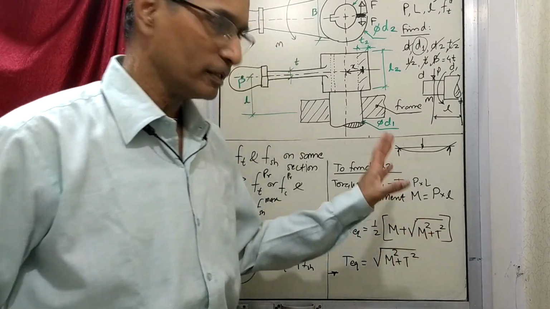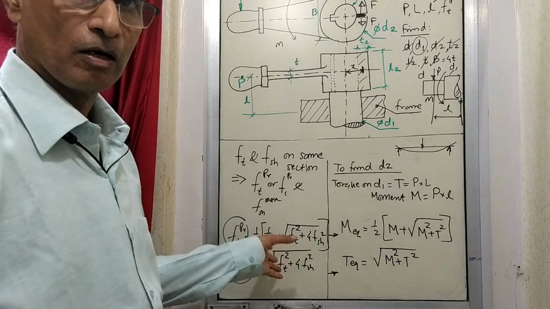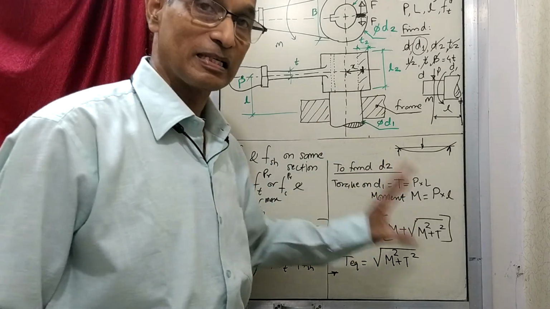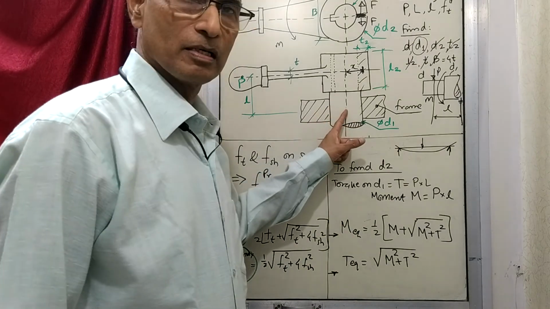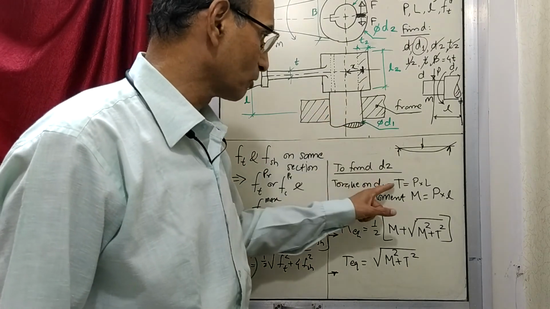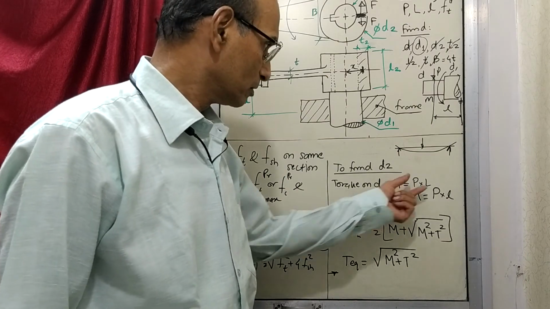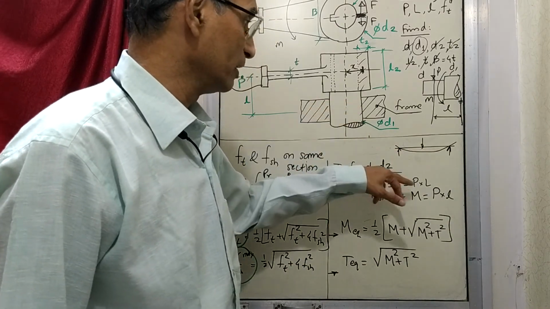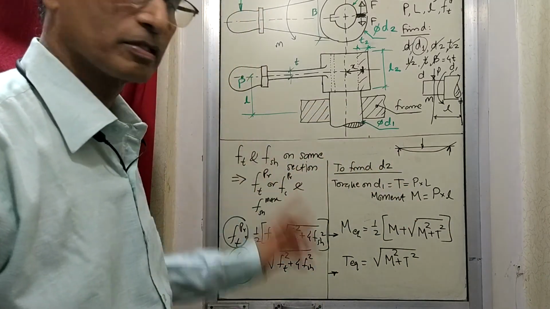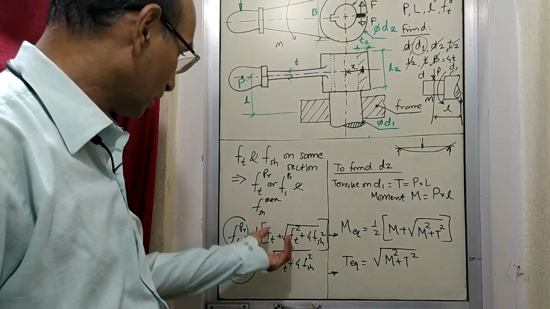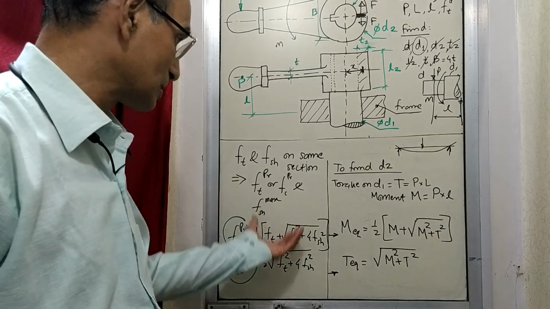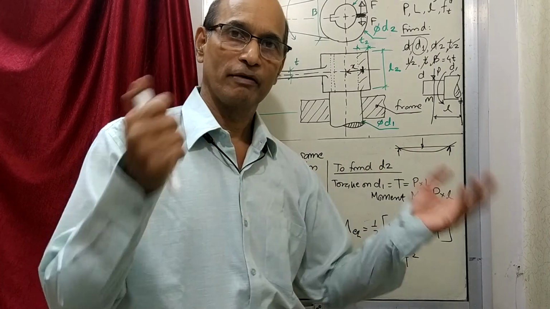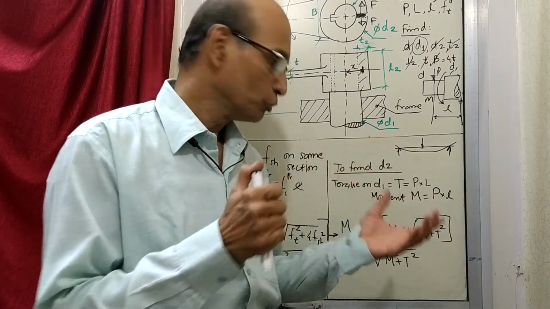Now this is going to say the same thing as what this is saying. So whatever I explained here, the same thing now becomes applicable here. What does it mean? On this section, we know that torque is acting, this much amount, and moment is acting, this much amount. So on the same section, there is T acting and there is M acting. And they are of course producing these two things, which you cannot combine as such, but you can combine them as stresses. Although T and M are of different types, you can combine them, so you combine by this equation.